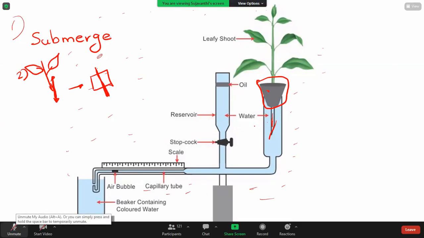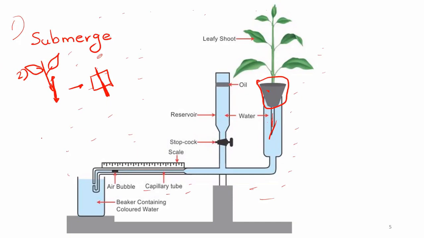Increase the area. Yes, good. In here, if we cut it in this slant shoot in this type and this setup, the surface area will increase in the slant cut. So that increases the xylem